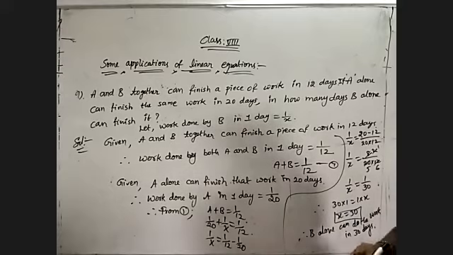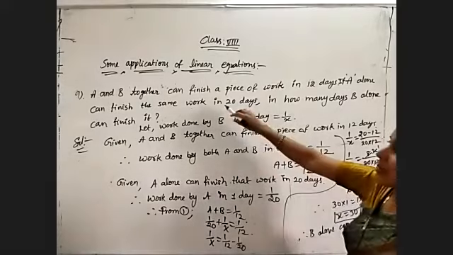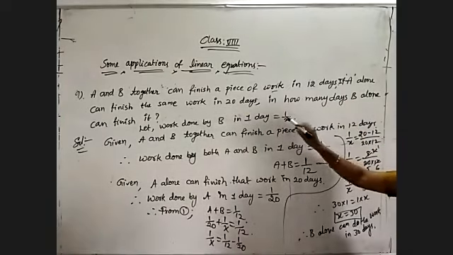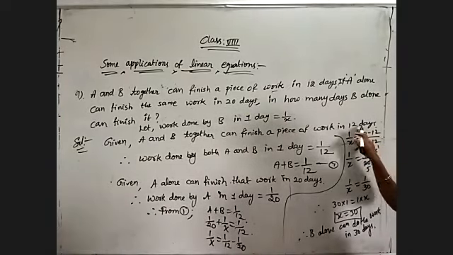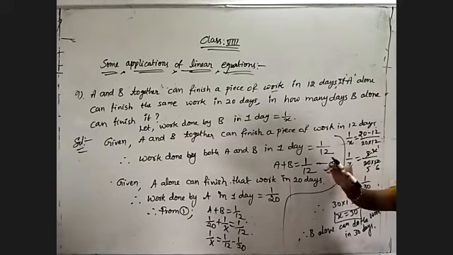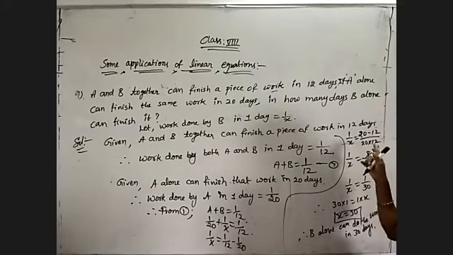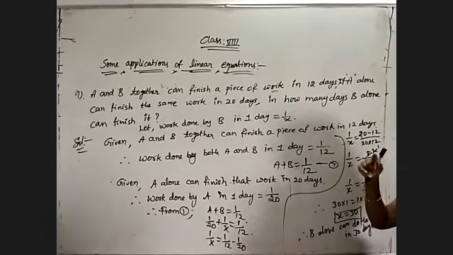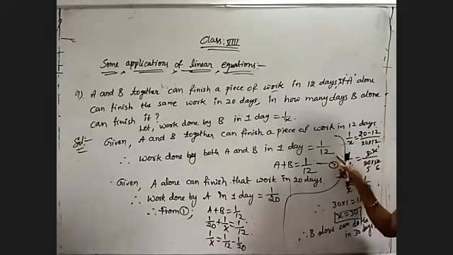So just observe once again, I am explaining. A and B together can finish the piece of work in 12 days. Means A and B together finishing work in 12 days. That means work done by A and B for 1 day, total 12 days they are taking, for 1 day, 1 by 12. For 1 day, 1/12th part is finishing. That is 1 out of 12 parts. They are finishing for 1 day.